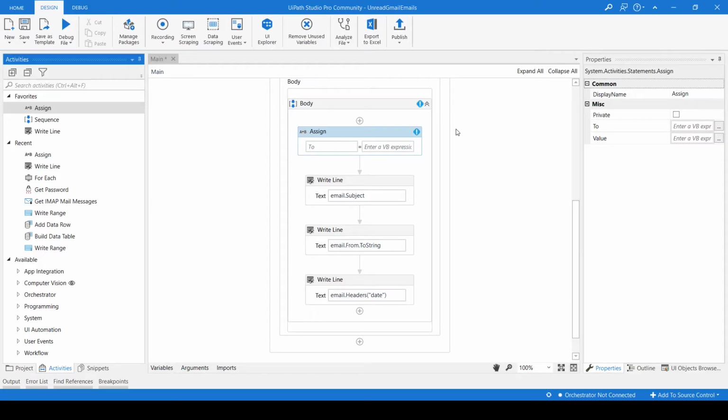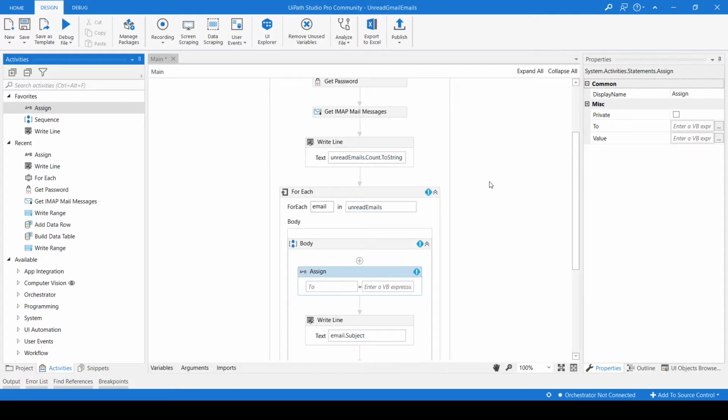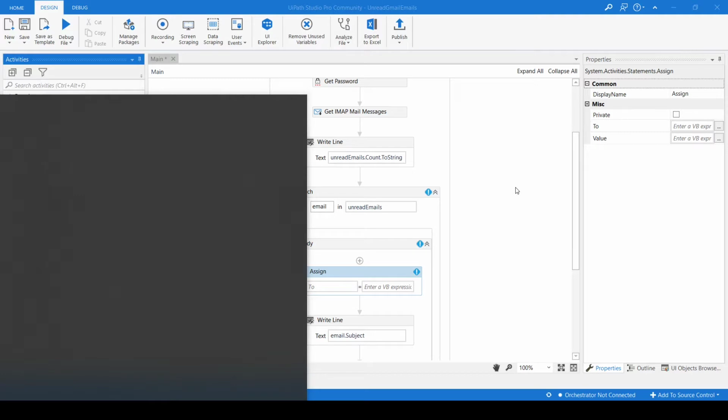In this example we will see that after reading the emails, how we can store them into an Excel sheet. In the earlier example we saw how we can read the email fields like subject, date and who is the sender. The same data I will store. Suppose our requirement is to store it into the Excel sheet. So how can we do this? For that, what we can do